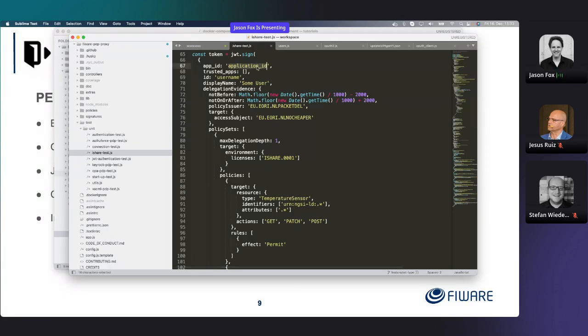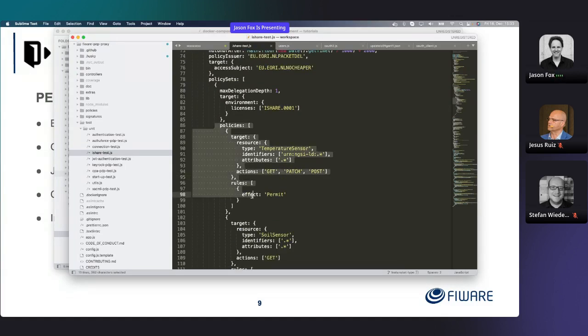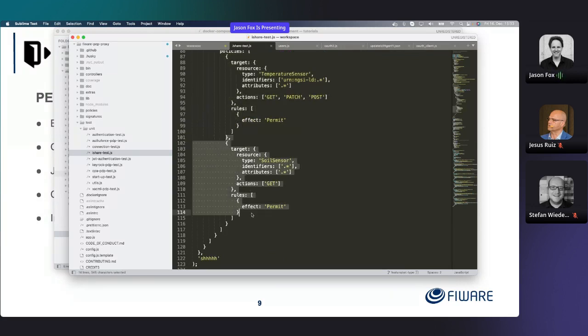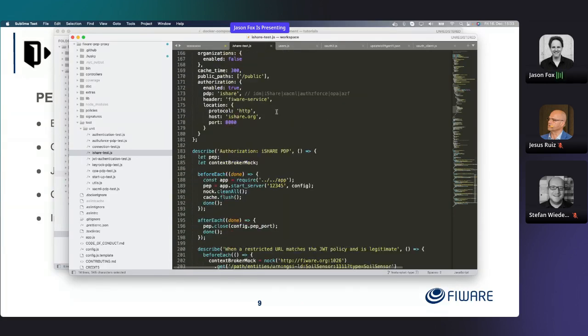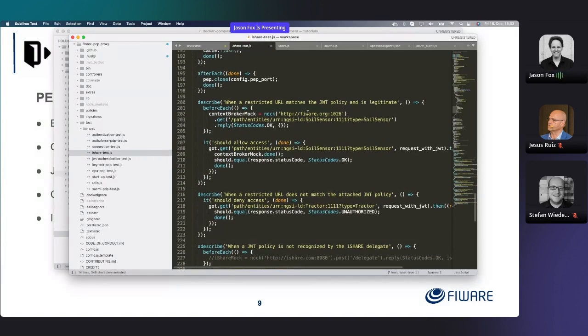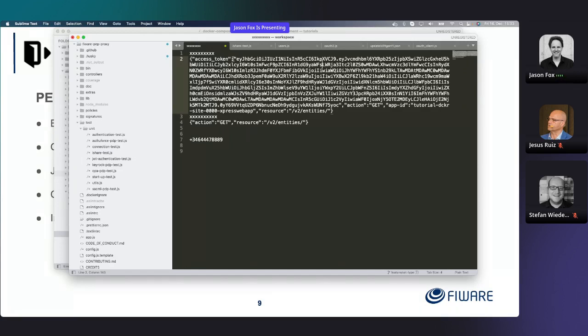You can see the application was in Keyrock, and I've got a certain amount of policies saying I can do this with this FIWARE endpoint. I can do this with that FIWARE endpoint. So in this case, I can get hold of a soil sensor, and I'm able to update the temperature and things like that. Now, if I scroll down and make a request, it will read through that information and make a decision point, because a JWT looks like this,